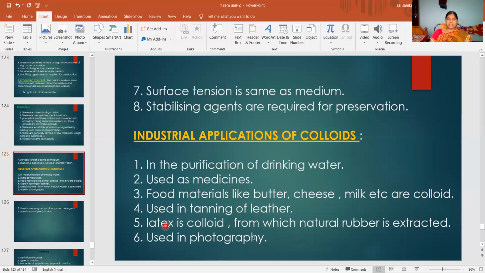You might have studied in your lower classes about latex and rubber trees. When you cut a rubber tree, you will get a milky liquid that is called latex. That is also in colloidal form. From that latex, what will you get? You will get natural rubber. The rubber which is extracted from trees is called natural rubber. So latex is a colloid, and these colloids are used in